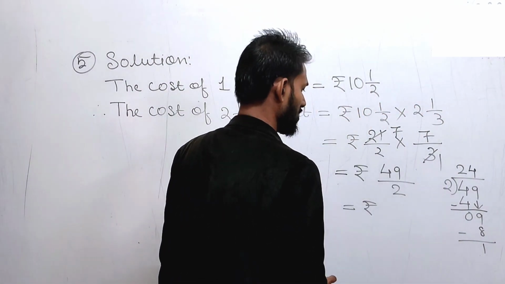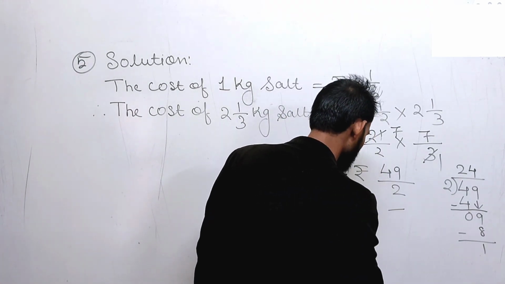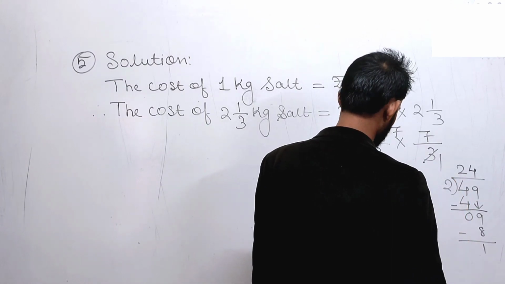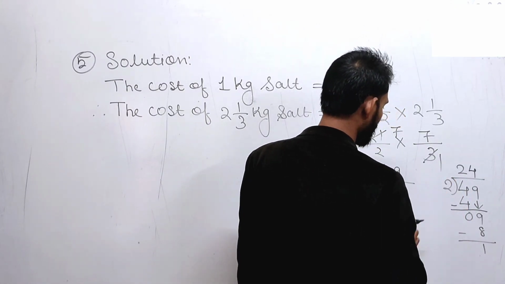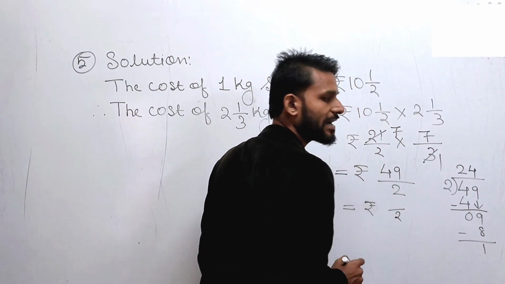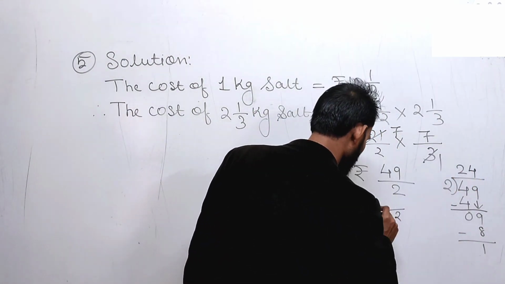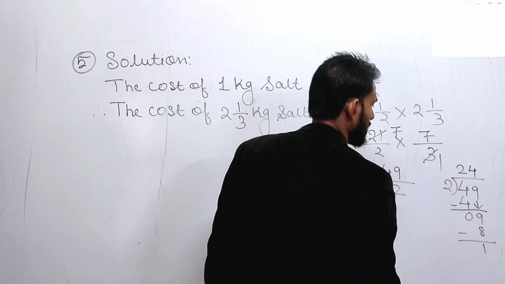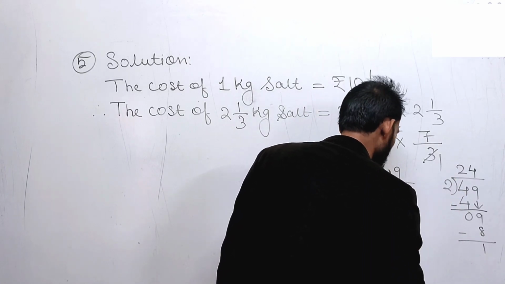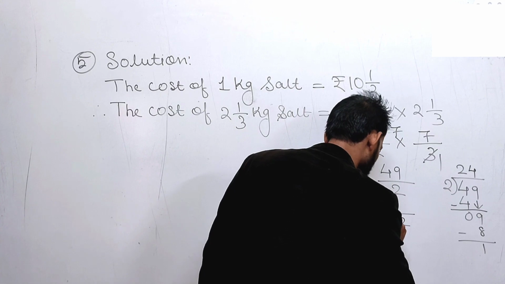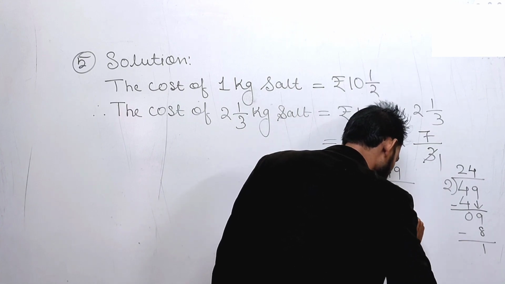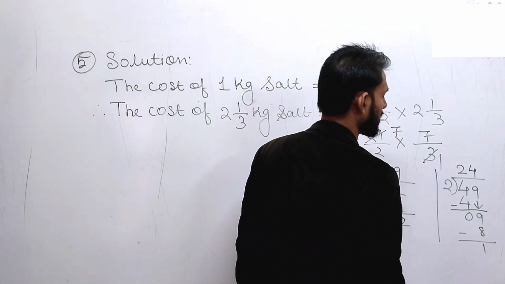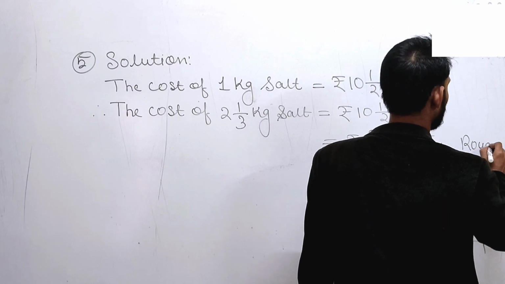Clear? So here we get what? Numerator is equal to how much? So here the divisor is 2. So you have to write it at the denominator. Quotient is 24. You have to write it here. And remainder is 1. So this is our answer. You saw the division on this side. Okay. And you may also write like this, rough.